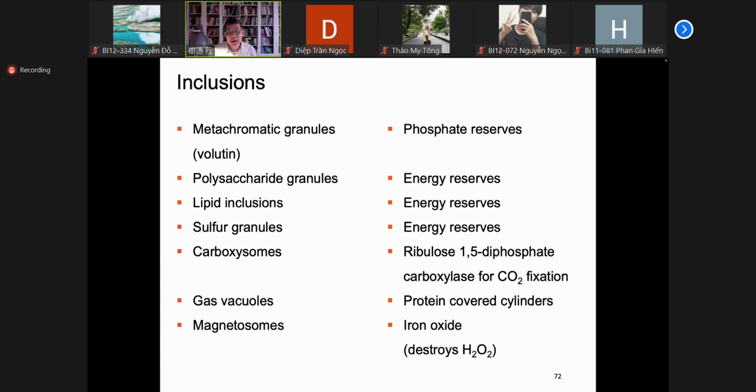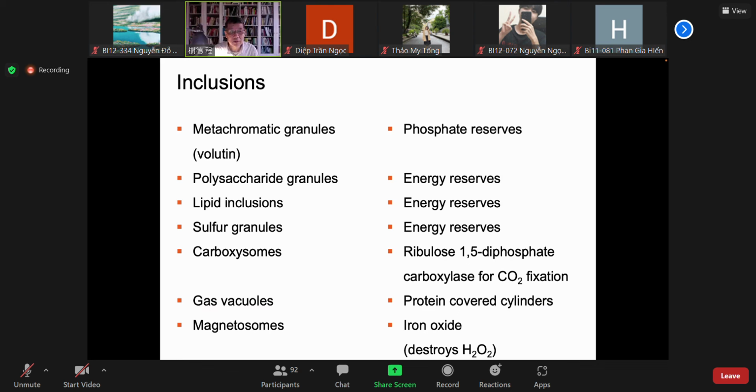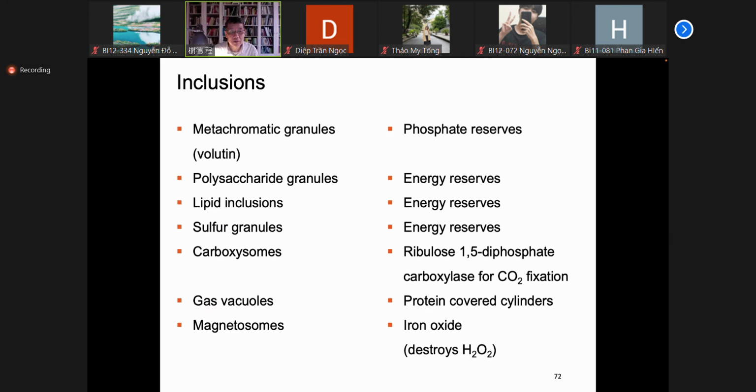One is called volutin. Volutin is called metachromatic granule. Metachromatic means a different color than the general cell color, so called. And also volutin means inside